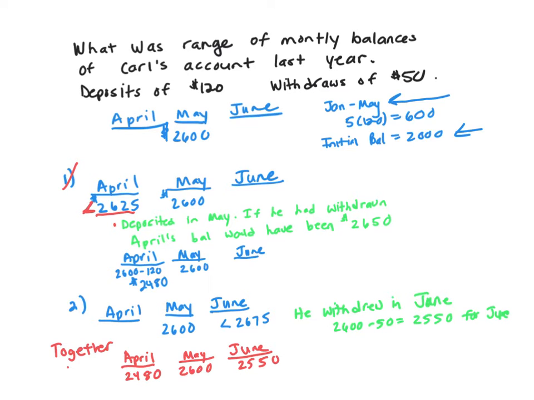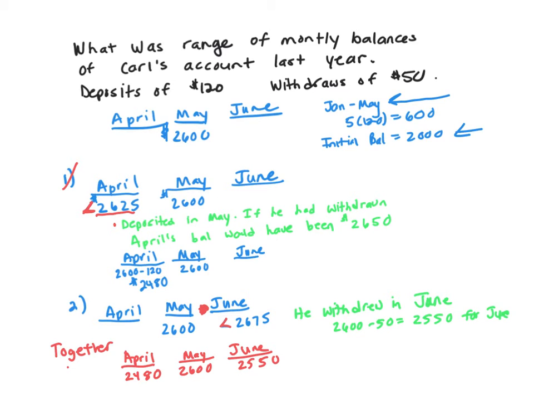All right, clue 2. June's balance is less than $2,675. So let's think about that. May is $2,600. That means he had to withdraw between here and here. He had to withdraw in June,